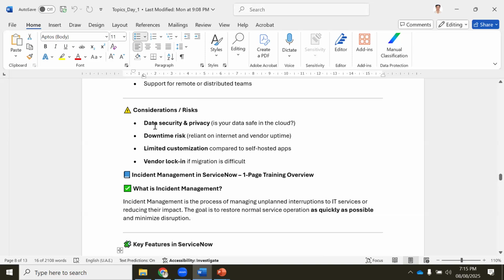If they ask about risks, you should be able to tell: if the internet is not there, we would not be able to access. Sometimes we cannot do customizations. The vendor will be locking our system. What should we do, what should we not do, all those things. There are limitations.